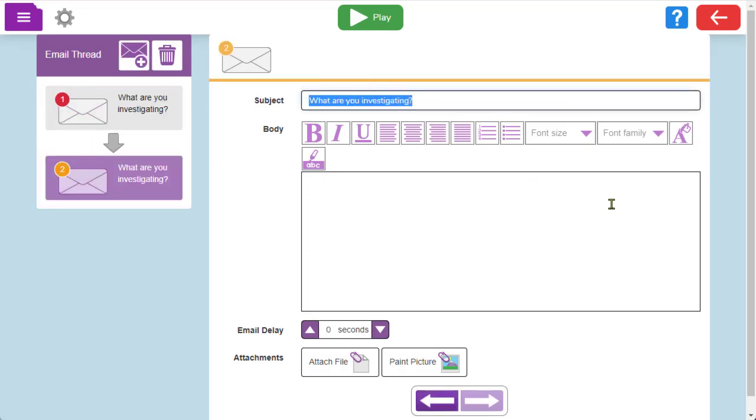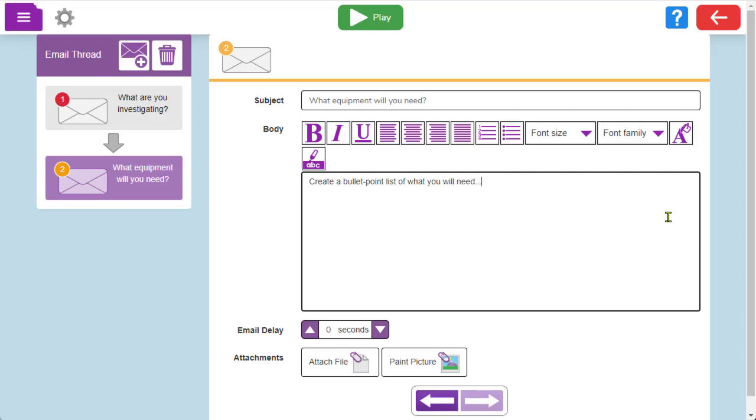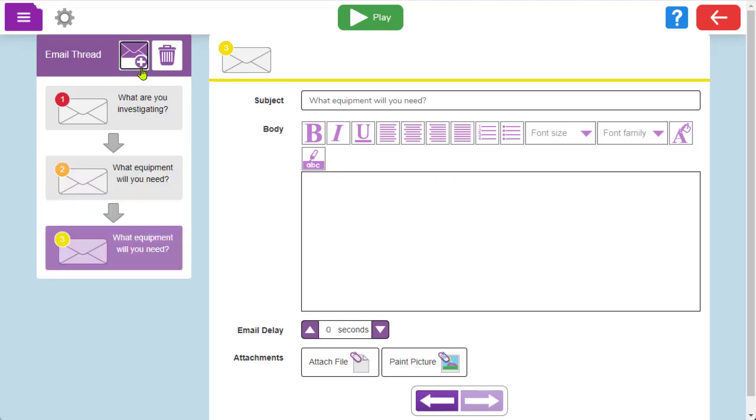So the subject this time will be what equipment will you need? So I might ask them to create a list. So create a bullet point list of what you will need. Don't forget quantities. So again, I'm now adding the extra email in this communication thread. I might just get them to wait for 1 minute after this reply, and then my next email will be